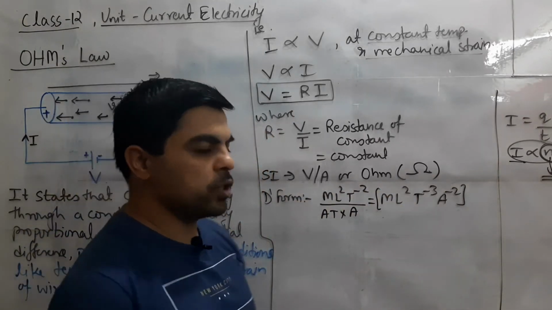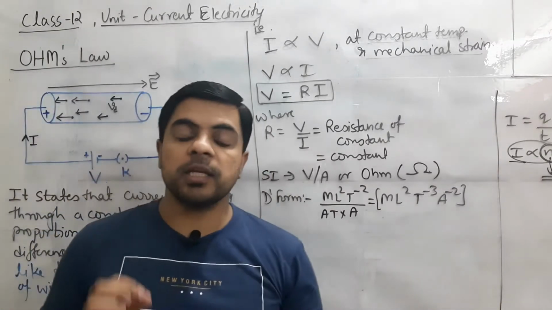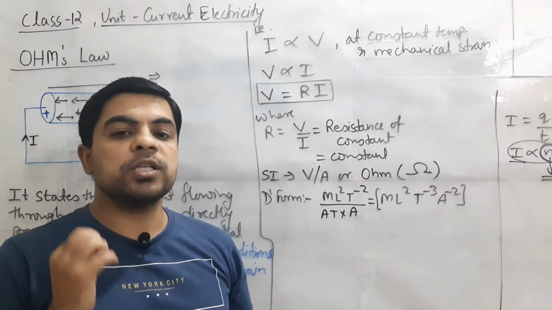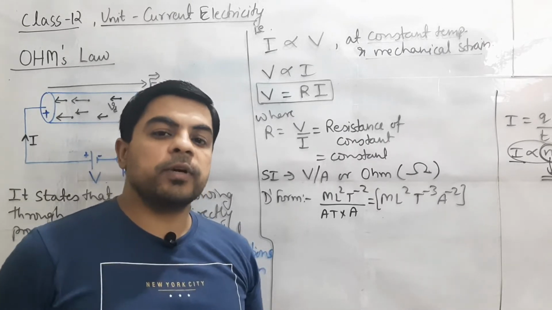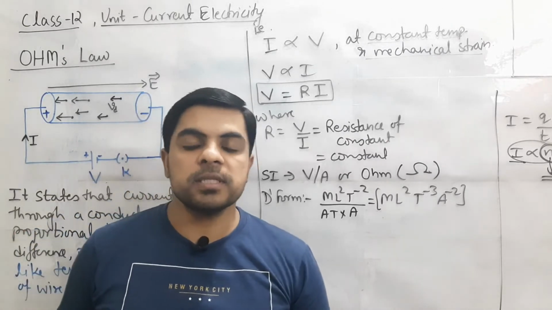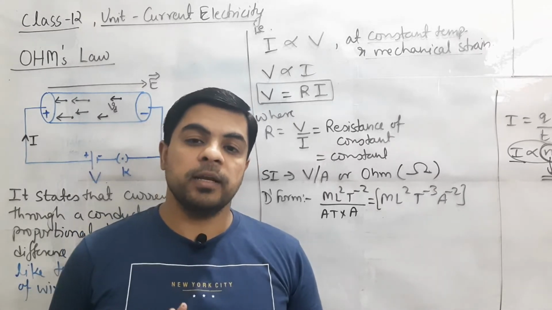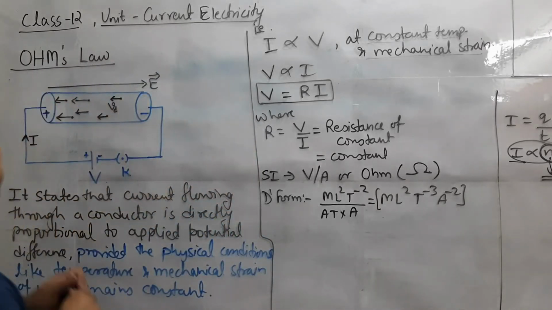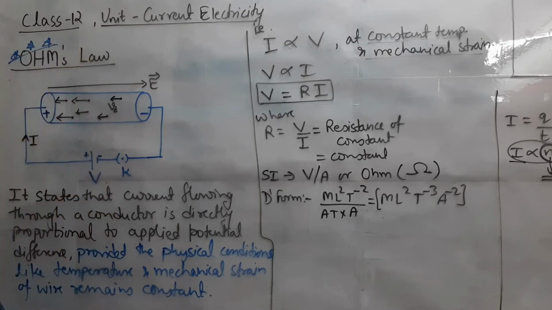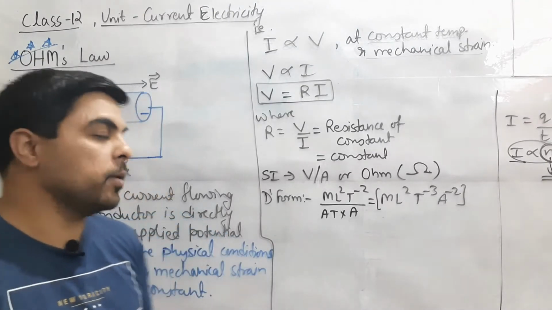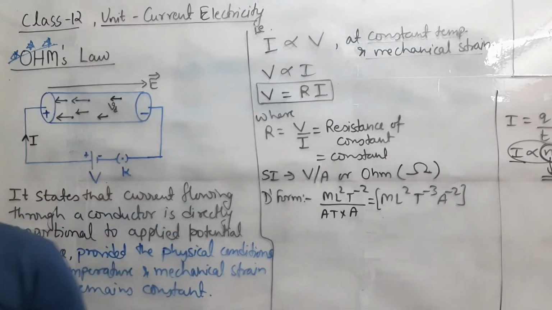Important again, and you must know how it is derived. So this is the relation, Ohm's law, which is indicating the relation between current and potential difference at the particular condition, and this tells us how the value of current will change when the applied potential difference changes. And this is a very important relation. In upcoming topics it will be used in detail and broadly, so very important, and hence we will put our important notification over it. 3 star means you have to take care of this, very important. You should be very careful about this. So before we proceed, you can note it down by pausing the video.